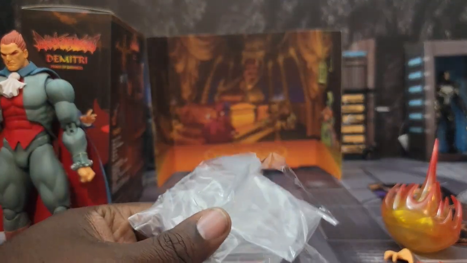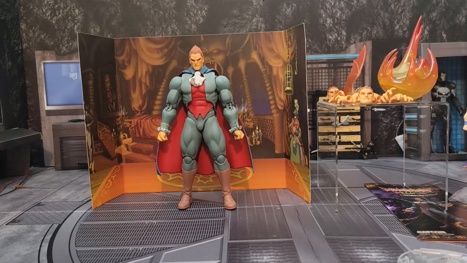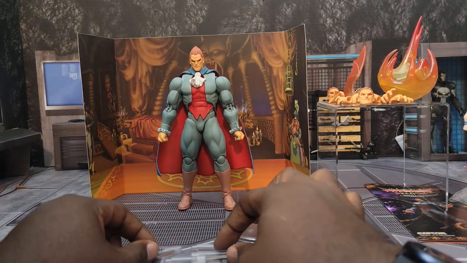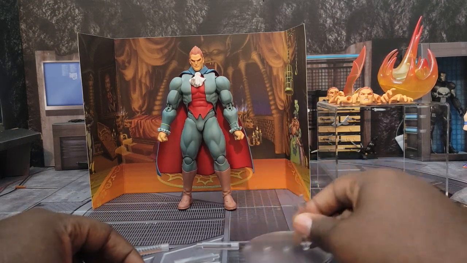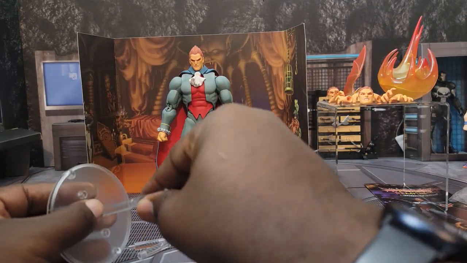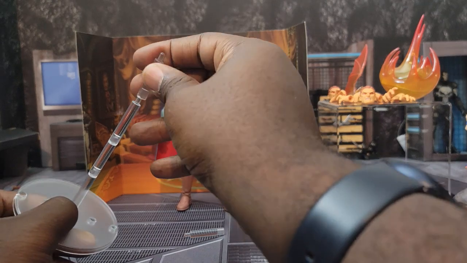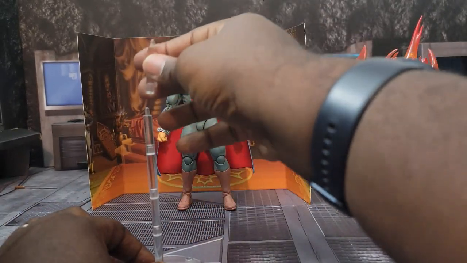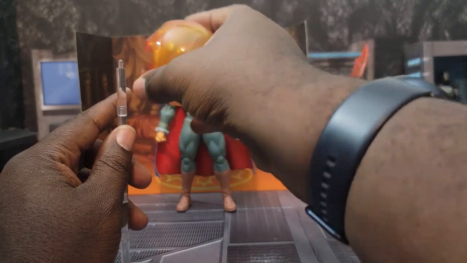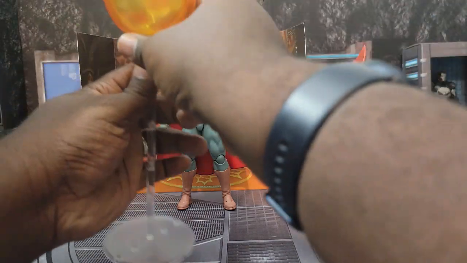And here is the flight stand. All right, and we have the stand, and it looks like it's pretty simple. You just kind of start from the bottom and build your way up. And I love how they give it to you in sections so that you can decide how high you want it to be. And then you would just simply take the piece, find the hole, and boom,